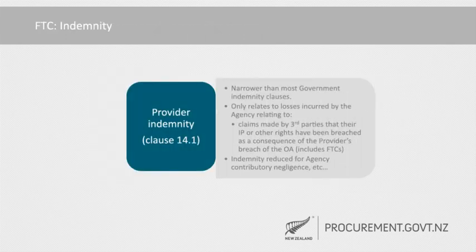Under indemnity, if the provider breaches the agreement, and because of that breach, the agency ends up getting sued by a third party, the provider must meet the full cost of the agency's losses associated with that lawsuit. The exception is if the agency has caused or contributed to those losses by its own negligence, breach of outcome agreement, or willful misconduct. And finally, the General Terms section, which covers a number of important but relatively small areas,